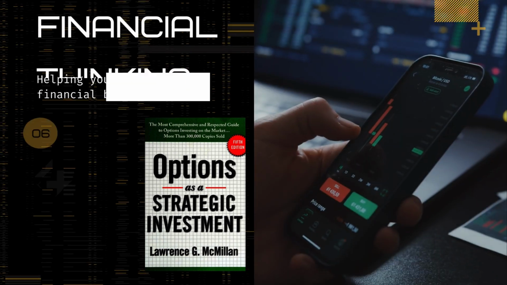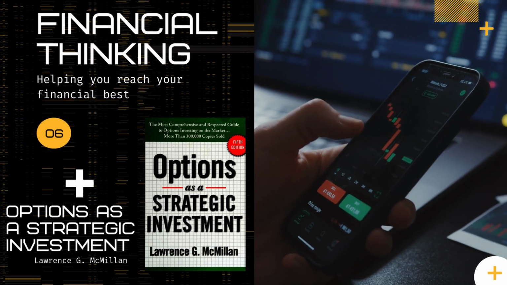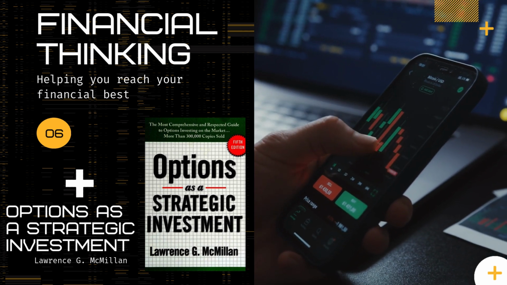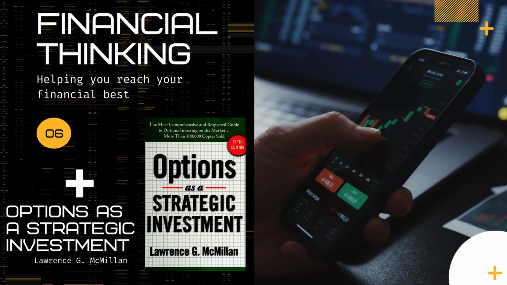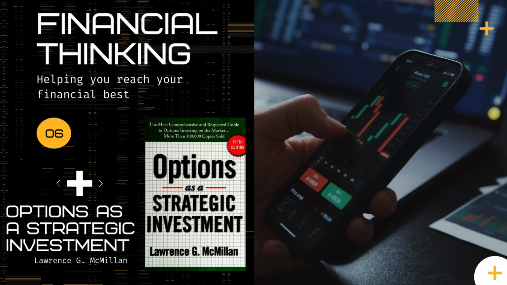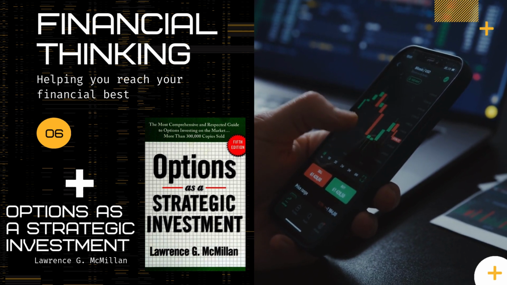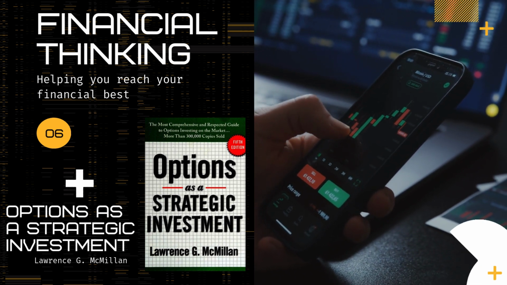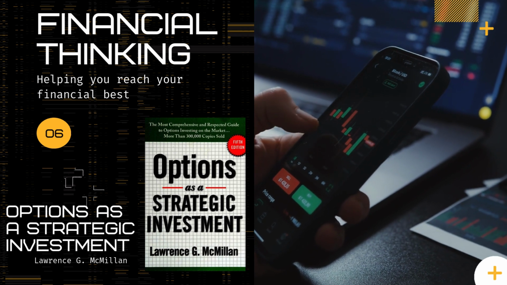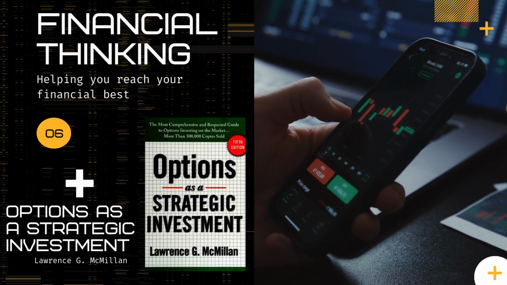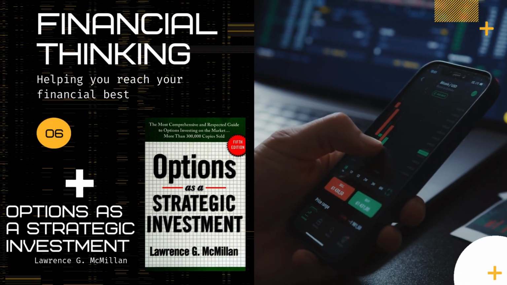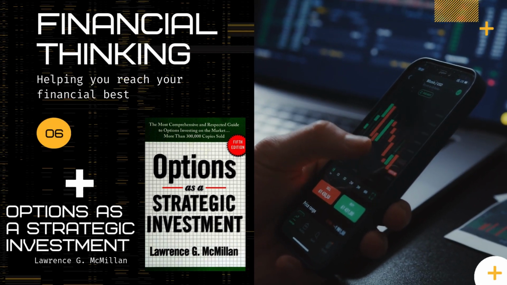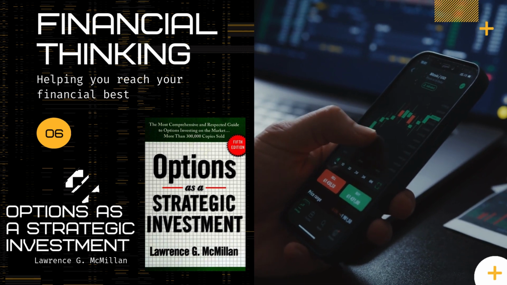So a call option is kind of like betting that the stock price will increase. Exactly. And then a put option gives you the right to sell a stock at the strike price. This would be useful if you think a stock is going to go down in price. If your prediction is right, you can buy the stock at the lower market price and then exercise your put option to sell it at the higher strike price, again making a profit. All right. So if I think a stock is going up, I buy a call option. If I think it's going down, I buy a put option.